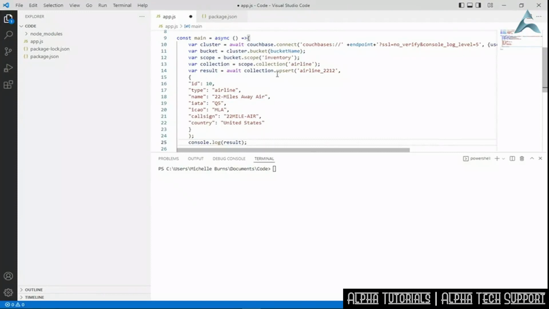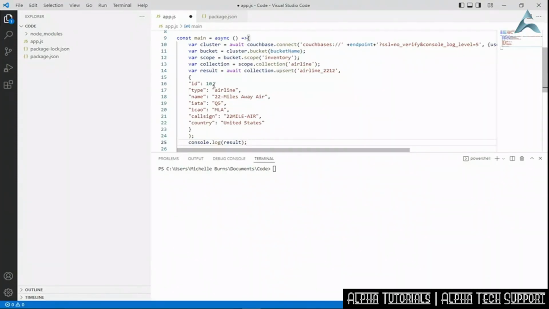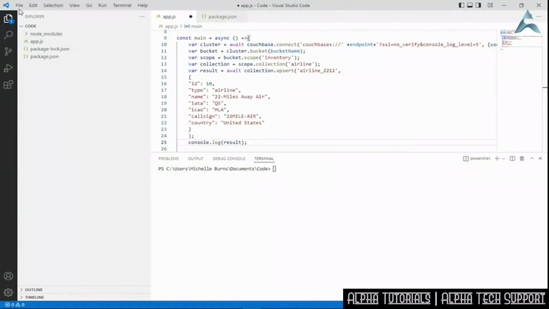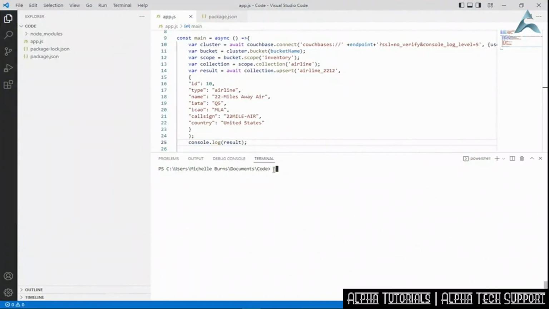The result is set to an upsert, and this is the document that we are upserting. If you need a simple insert, you would simply change this method from upsert to insert. Now I'm going to save the code, and I will key in my run command